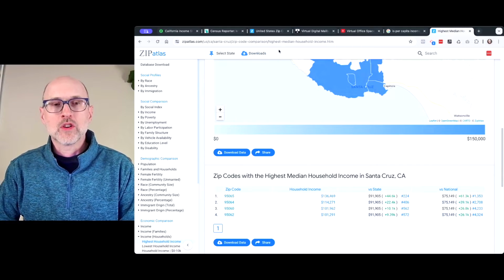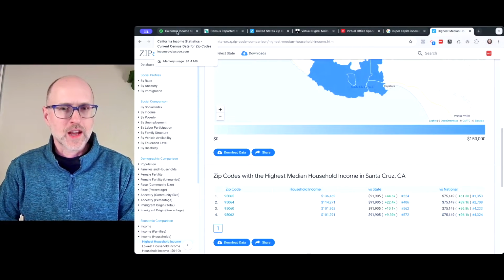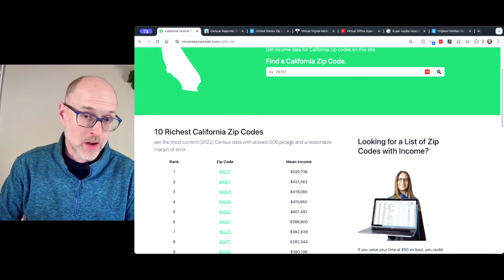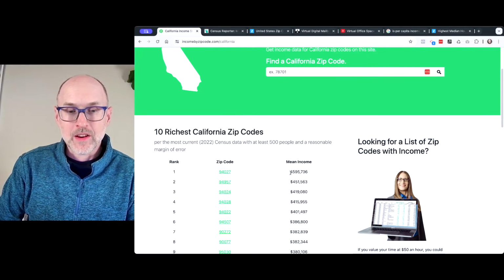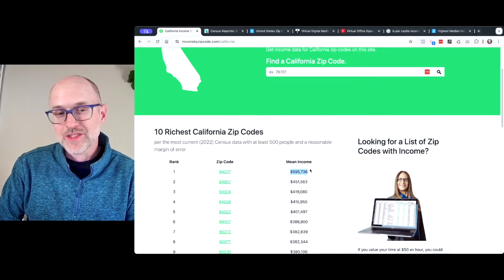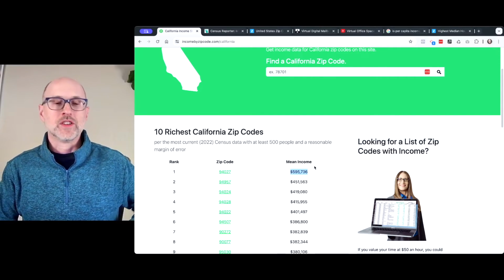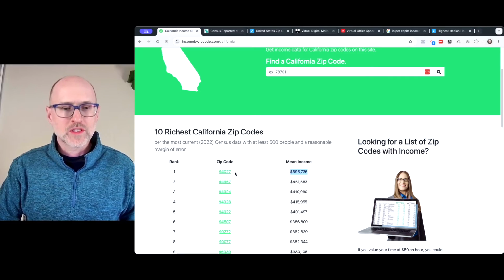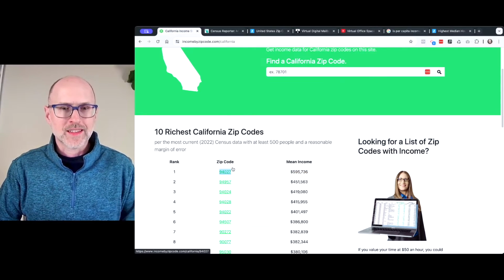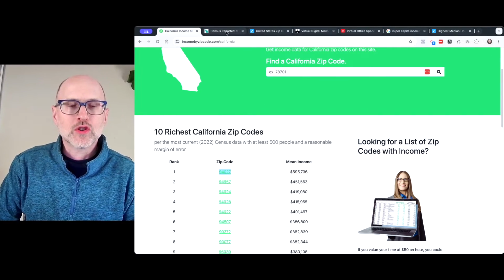Then, if we look over here, though, let's just go for the entire state, because this is mind-boggling. The mean income here is $595,000. So what do you do with this information? All right, well, let's start. 94027. The first thing we do is we take that zip code, and I like to go to this website,